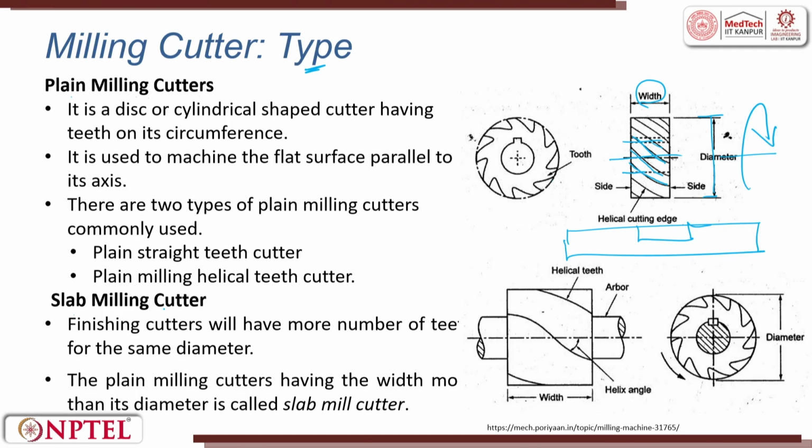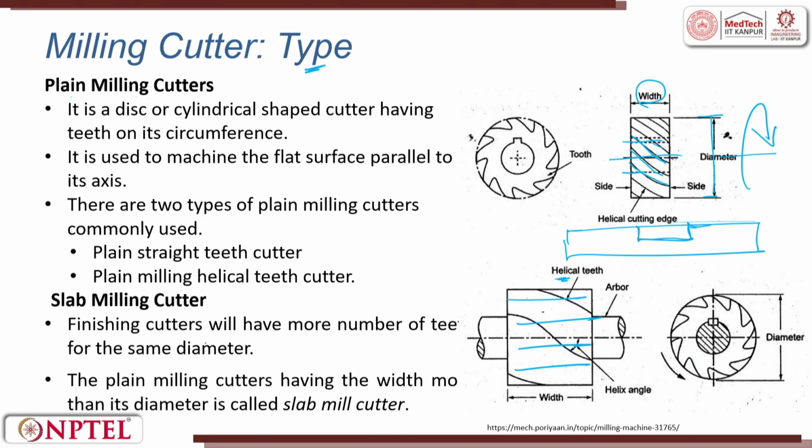When we have a slab milling cutter, the slot size, the groove, whatever is getting done here, can be small. When you want to make only a flat plain surface, then we go for a slab cutter, in which the width is slightly wider. And here you see there are helical teeth. You can also have parallel teeth and helical teeth. These helical teeth will give you the effect of smoothly coming inside and going outside. The straight cutting tools will have an impact at regular intervals of time. So, you can have plain teeth or helical teeth. In slab, the thickness is larger.